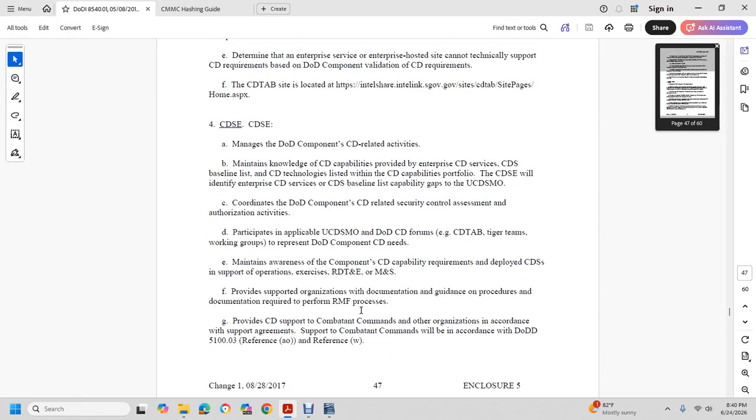Cross-domain services manage the DoD component's cross-domain service related activity and maintain cross-domain capability. Provide enterprise cross-domain services, the cross-domain service baseline list, the cross-domain technology list, and the cross-domain capability portfolio, as well as the cross-domain services baseline list and the list of capability gaps under the cross-domain services MO. Coordinate with the DoD component on cross-domain related security control assessment and authorization activities, and submit them under the cross-domain services MO with the DoD cross-domain forms. See the cross-domain tab. Tiger teams and working groups represent the DoD component's cross-domain needs and maintain awareness of component